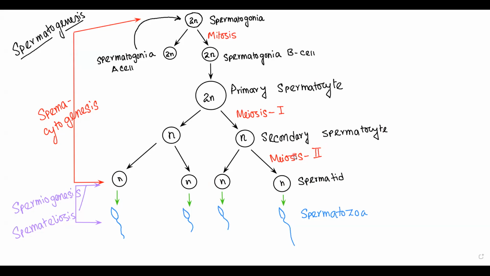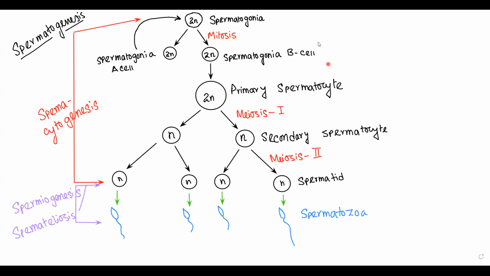But spermatid to spermatozoa. So what is spermatozoa? The spermatid undergoes a physical modification process, thereby it has the cap and it has the tail. So the spermatid forms the spermatozoa, and this process is known as spermiogenesis or spermateliosis. That question is usually asked in your board. Define spermiogenesis or spermateliosis.